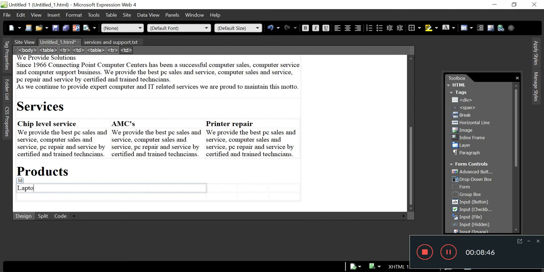laptops, electronics. Also, let us suppose offering CCTV, or you can have some kind of printers, anything, just any sort of heading over here, like A, B, C, D, whatever it is. Okay, let's make this as heading 3 again,